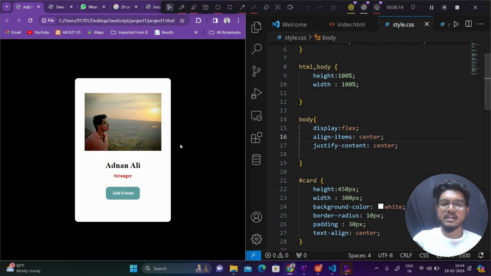That's why this align-items is center, justify-content as well as center. This is the entire body. Until now we are only working with body and the universal selector. But now,